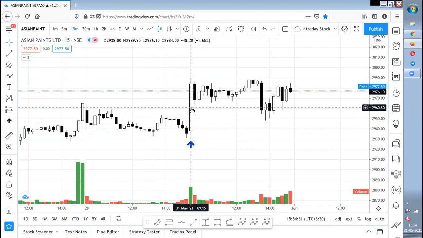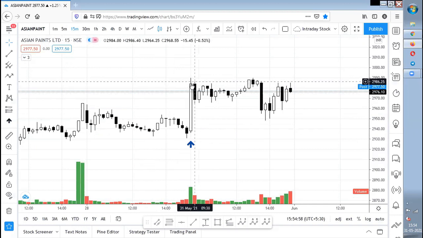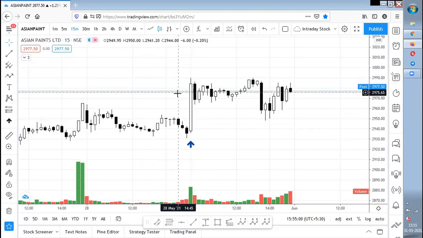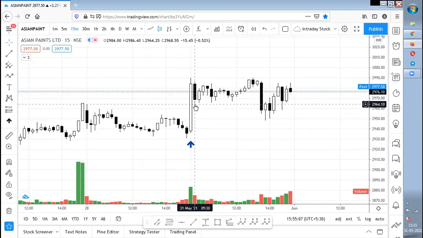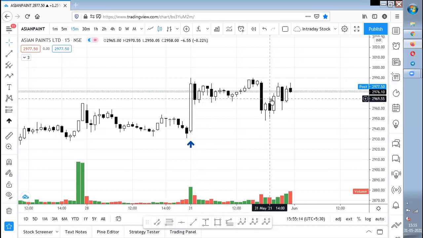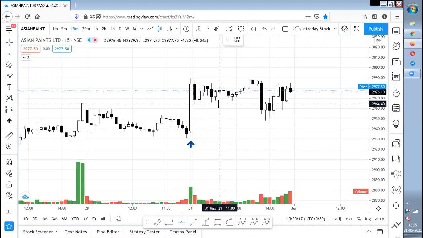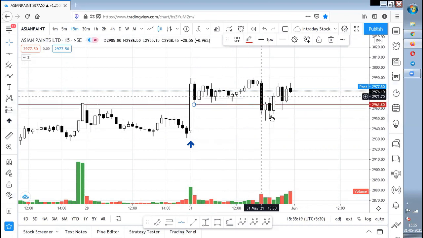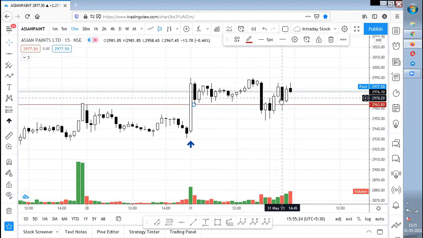Second, you should have some rejection at the top because this is a green candle. It is a fair rejection, not a good rejection, like an okay rejection. And the third one is that the next candle should be an opposite color candle. So below this candle you can go for an entry, and above this candle is the stop loss. Ultimately this entry got triggered at this zone, and after that it did not move 1:1 and started moving sideways.